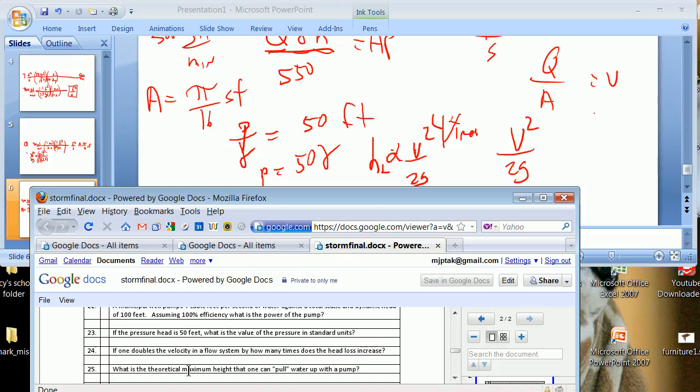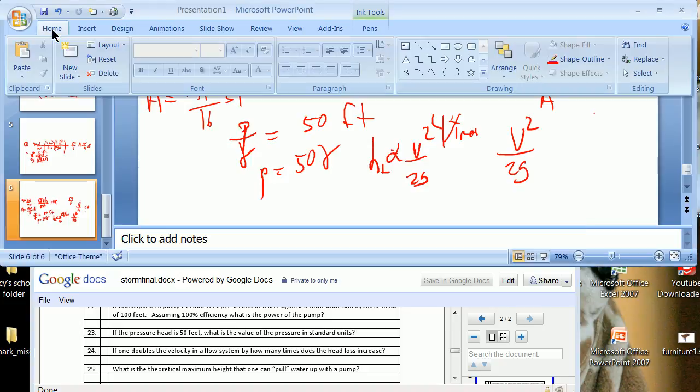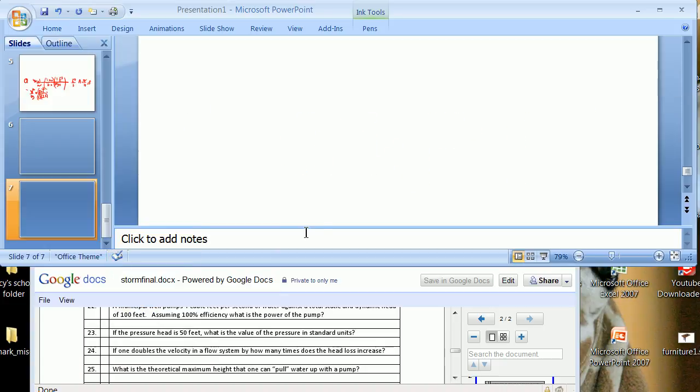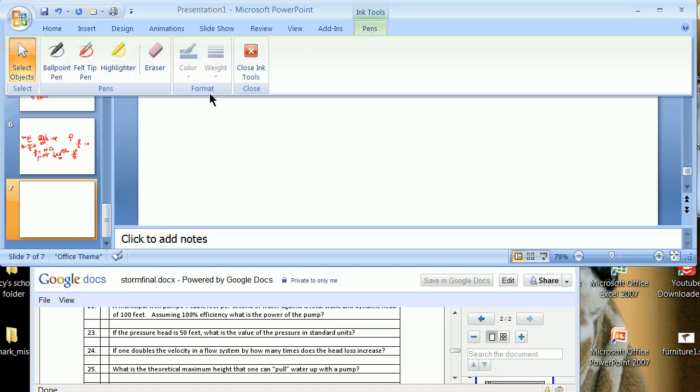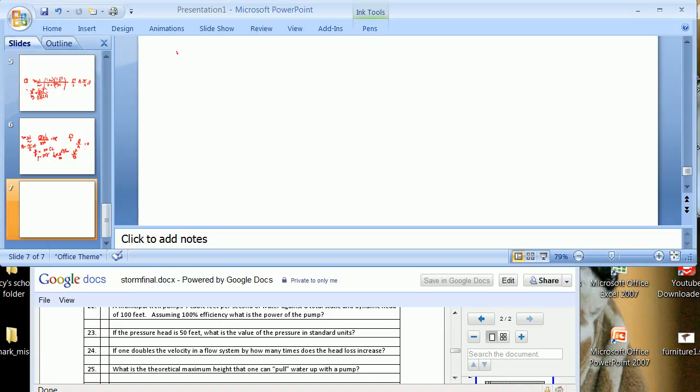Number 25, 33.9 feet of water. I'm going to go here. People did relatively well on that one based on memory, but what you have to realize is that basically air pressure, 14.7 psi, is the same as 33.9 feet of head,